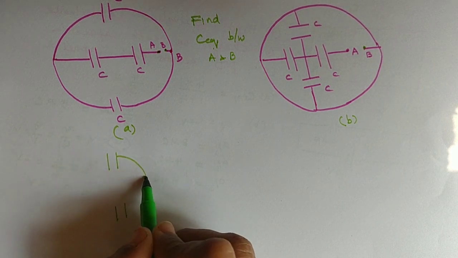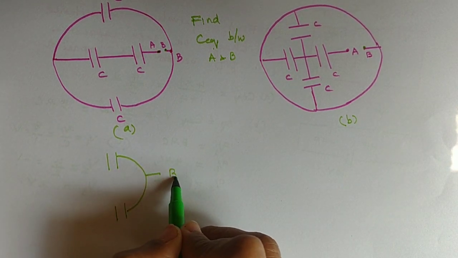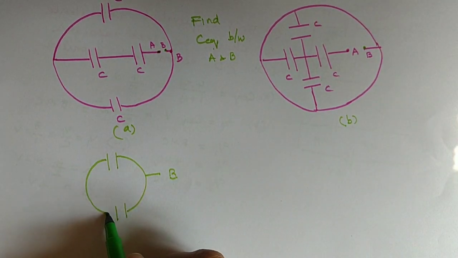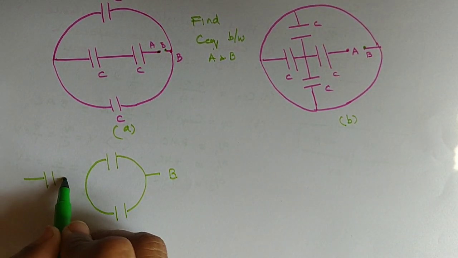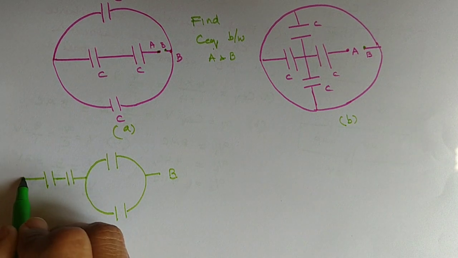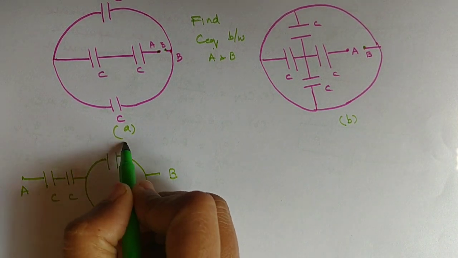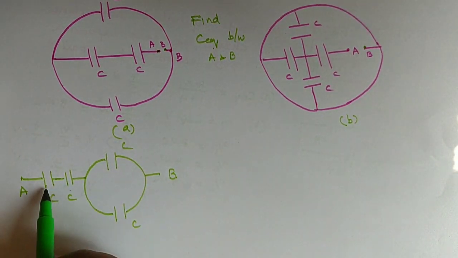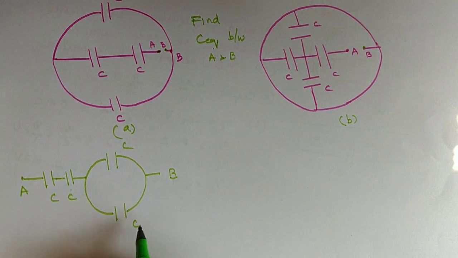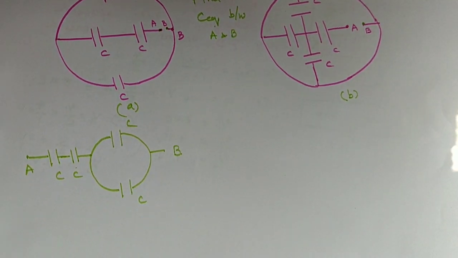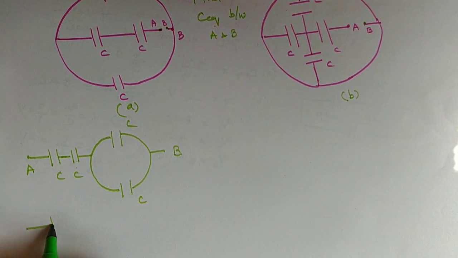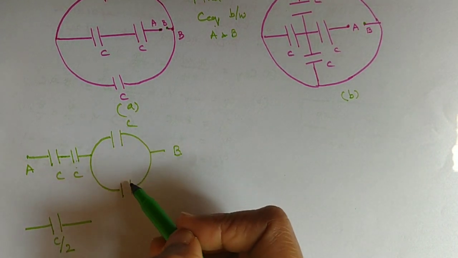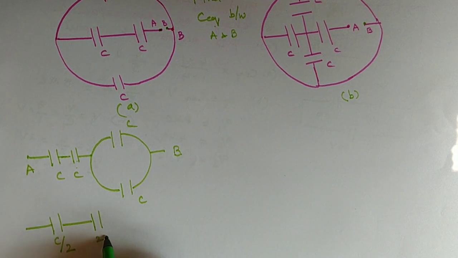Lower C, this is your circular part. B, along with A, these two capacitors will come out. So this is how your circuit looks. And now you know C, C, C and C. These two capacitors are connected in parallel and these two are in series. First simplify the circuit. I'll write the simplified part. C and C in series will become C by 2, 1 by C plus 1 by C. C and C in parallel, your answer would be 2C.